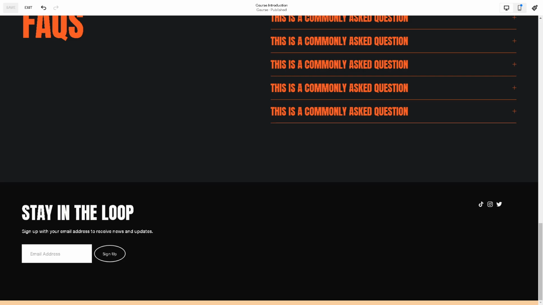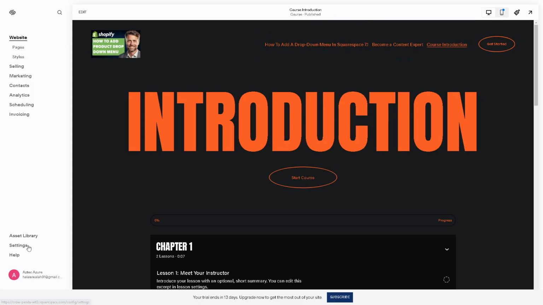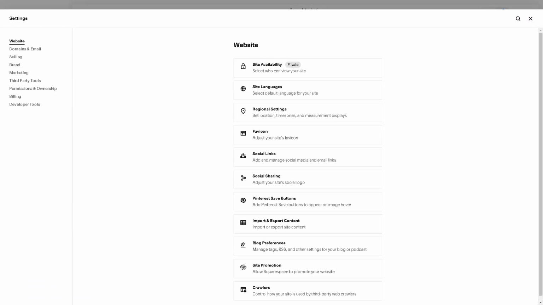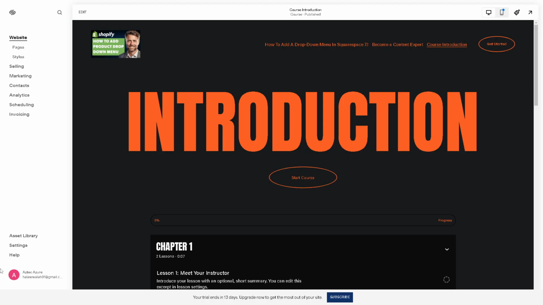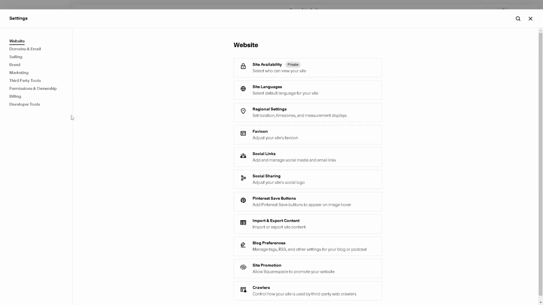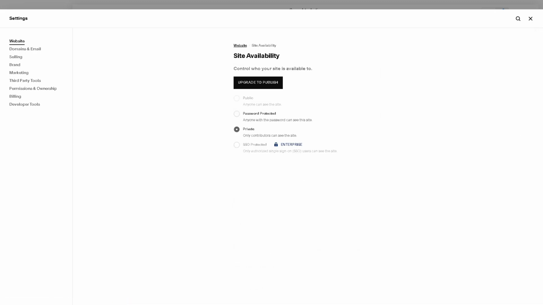And from here, we just need to click on the settings, right? Now click on the settings again. And from here, just hover over the site availability, all right? It's a very straightforward process because from here, you can simply click on it. And here you can set up access permissions because under the member area settings right here on the password